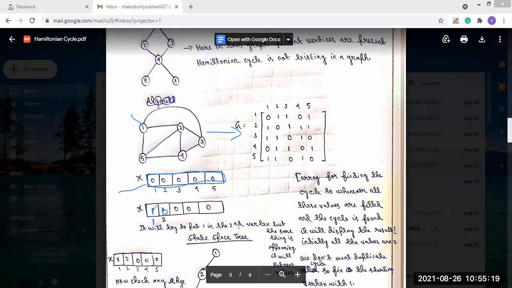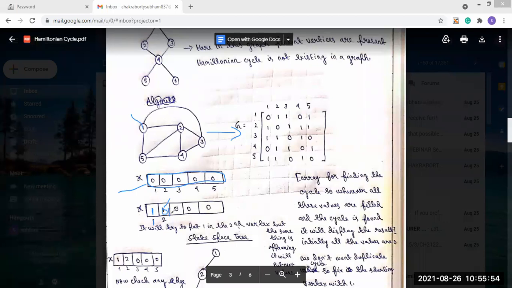Then in the next step, we will try to put some value in the next index. First we will try to put 1 instead of 0 here. But we cannot use 1, because 1 has appeared previously, as we have already put the value 1 in the first index.